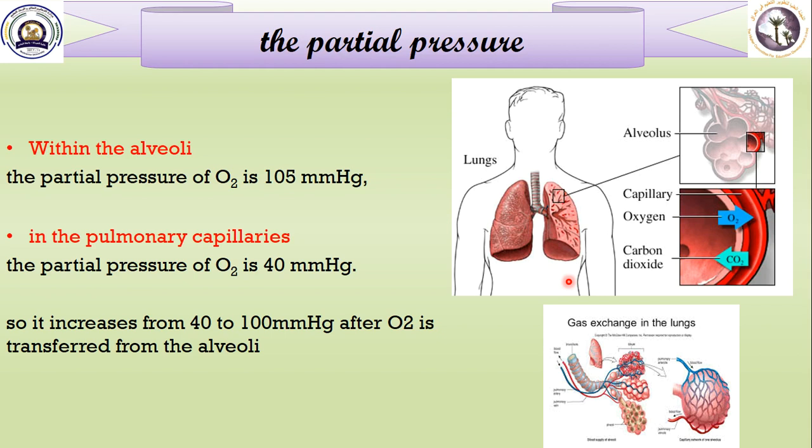So in the alveoli, after the inhalation, the partial pressure of O2 is 105 millimeter Hg. In pulmonary capillaries, the partial pressure of O2 is 40 millimeter Hg. So it's going to be transferred from the higher pressure to the lower pressure,